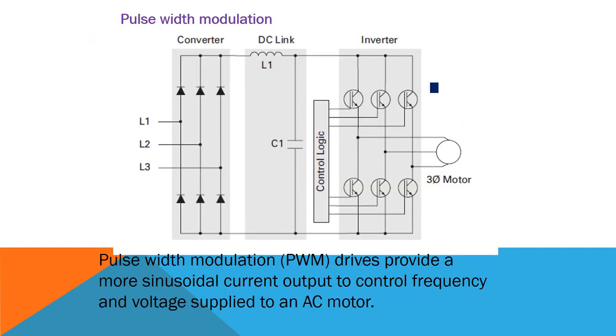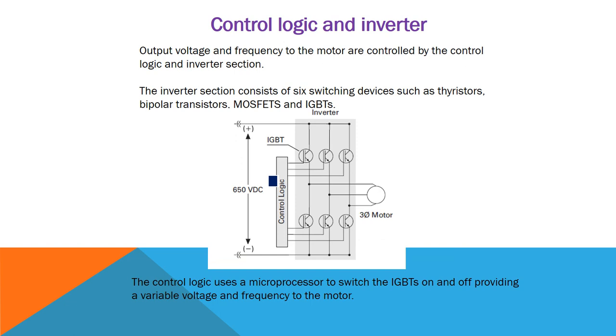The pulse width modulation is done by the IGBT switch by the control given by the control logic. We will be able to control the voltage and the frequency in this inverter output. The control logic is already programmed, and in the VFD it can be externally programmed by a terminal or a PC, and the pulses will be given to the IGBT, and based on the pulses it will switch on and off. We can consider this as a switch, and this switch will be on when a signal is given by the control logic.